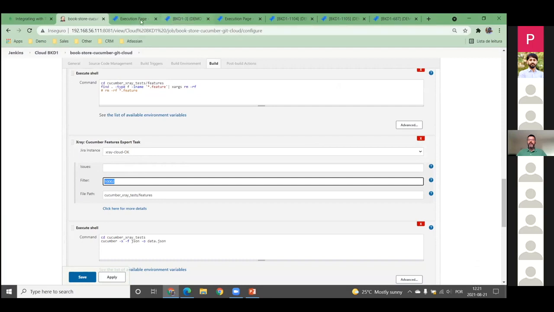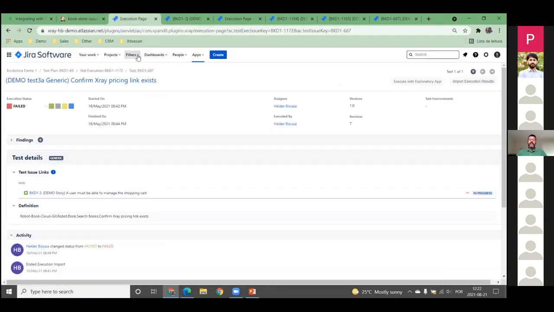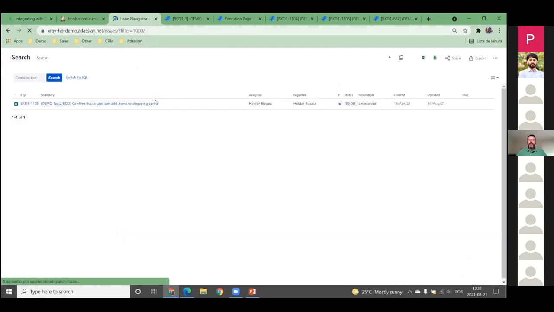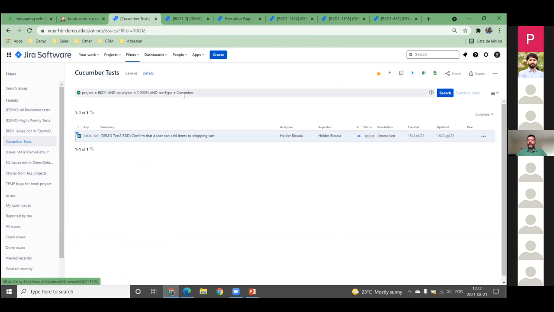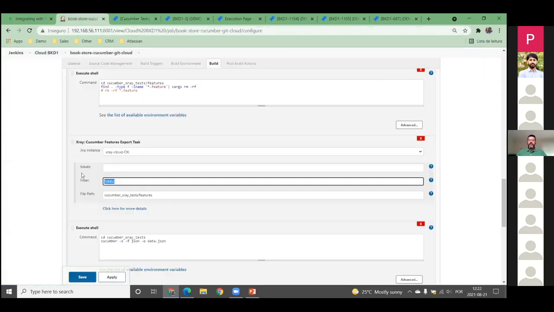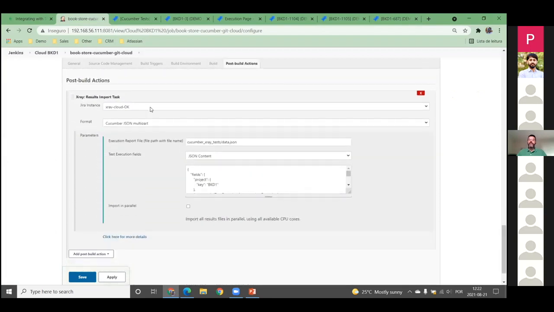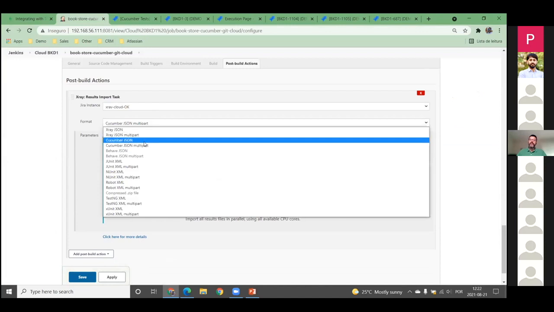So if I go back into Xray, sorry, into Jira here and look at my filters, Cucumber tests, we see here, I only have one test. So this is basically a JQL or a filter, and it's returning one test. It was the one that I showed you, and it's filter 10,002. So I'm grabbing everything that this filter returns, grabbing those feature files, placing them into Xray. I'm running Cucumber on it, and then I'm pushing the results back into Xray using, in this case, Cucumber multipart,